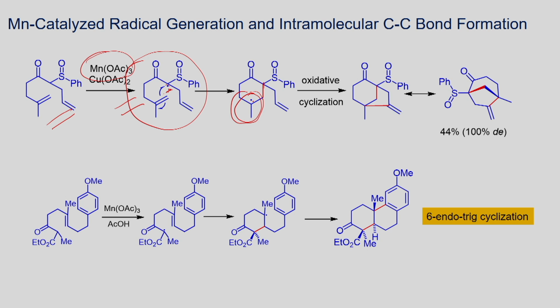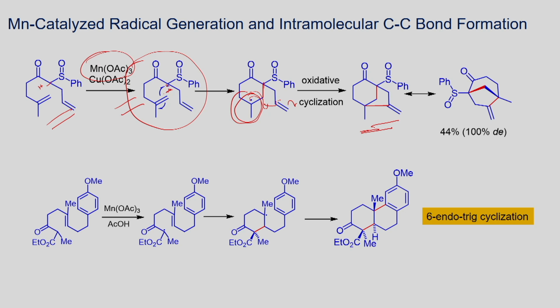This radical can undergo further cyclization with this double bond, and you will be able to get this exocyclic alkene as a product. And what you do here, you form 2 carbon carbon bonds. It involves a tandem radical cyclization. First, you have this hydrogen. This bond undergoes cleavage in the presence of manganese acetate. It can form the enol form. It can lead to the formation of the radical.